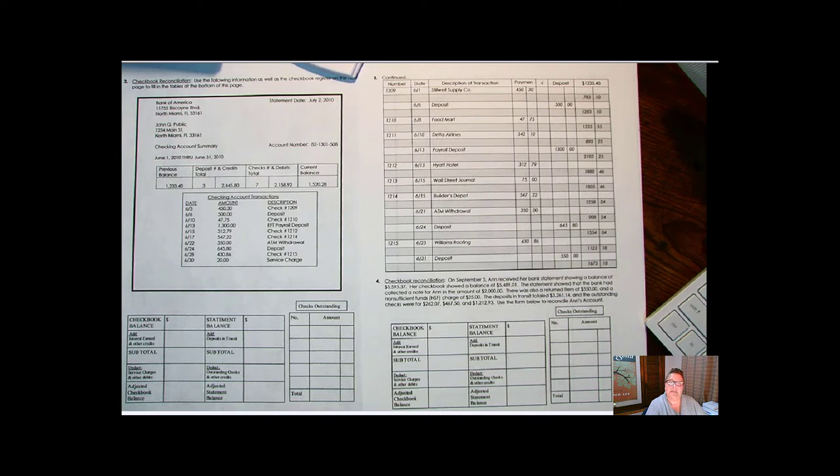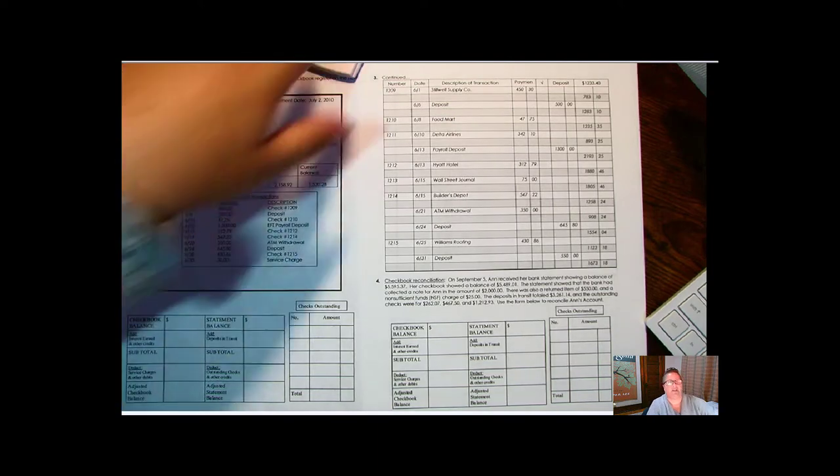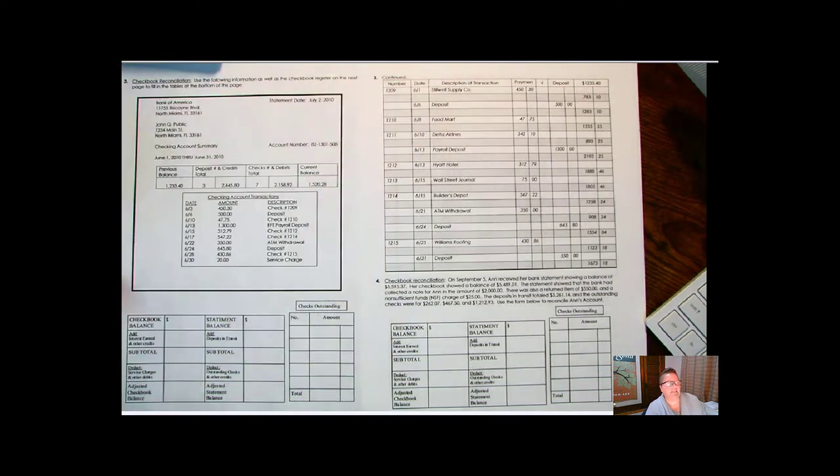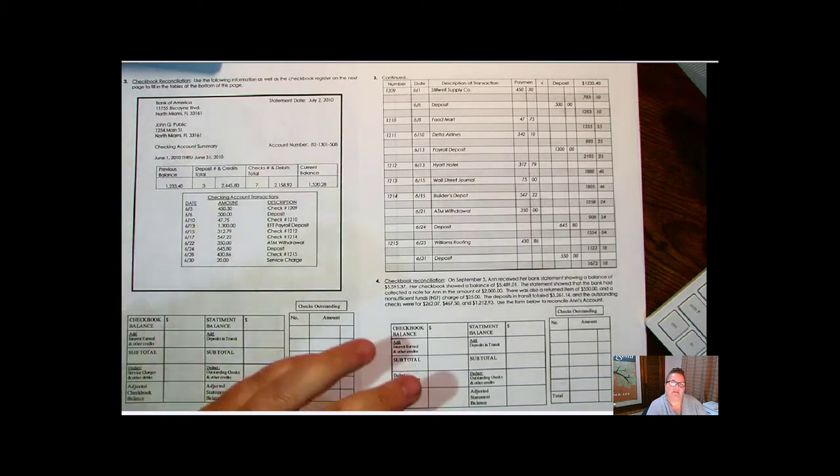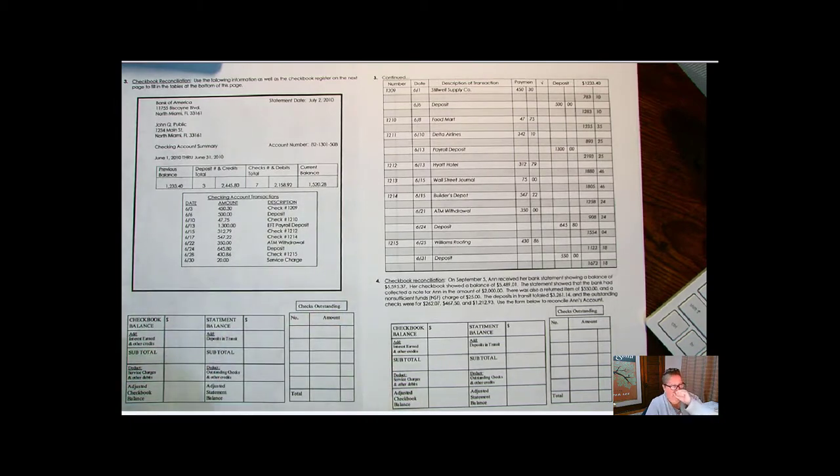So we're going to begin problem number 3. Problem number 3 is an exercise of reconciliation. Reconciliation is the concept of balancing what is in a check register against what is in a bank statement. There is always information that a bank has that may not have come to you yet or to a business yet, and information that may be in the business's check register